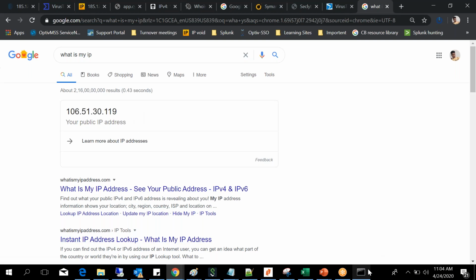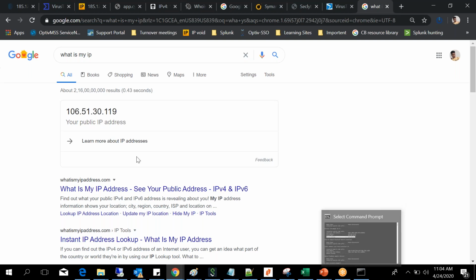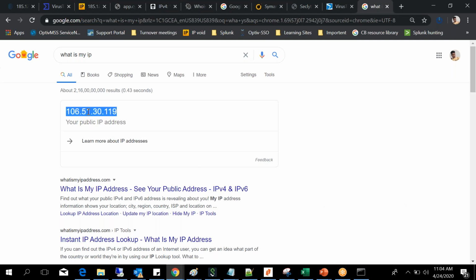Even if my friend is trying to connect to any other server, his IP address will also show the same. Let's say 10-15 people are connected to my Wi-Fi router. The outside people will see all of them with the same public IP address.